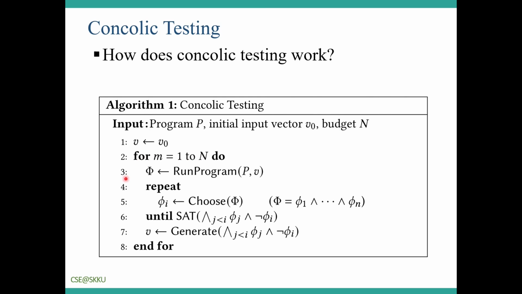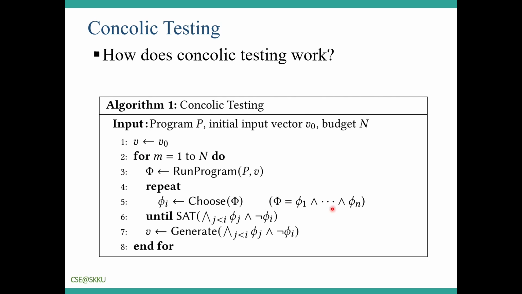And at line 3, the program is executed with the initial input V, and then it generates a path condition pi, which is a conjunction of symbolic branch conditions as shown